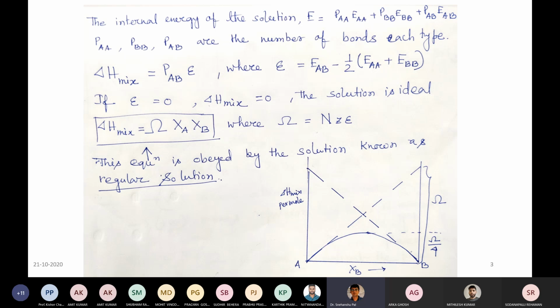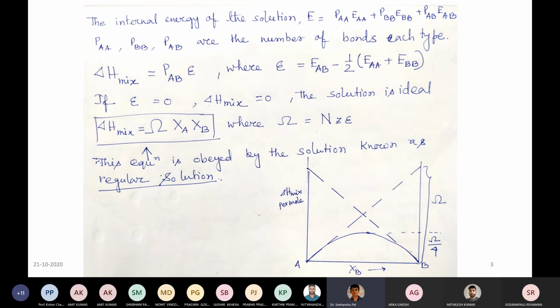So, next consider that before mixing, pure A contains only AA bonds, and in the case of pure B, only BB bonds. So there is no AB bond when there is no mixing. So before mixing, there is only pure A and pure B, so there will be only AA and BB bonds respectively. And by considering the relationship among PAA, PBB and PAB in the solution,